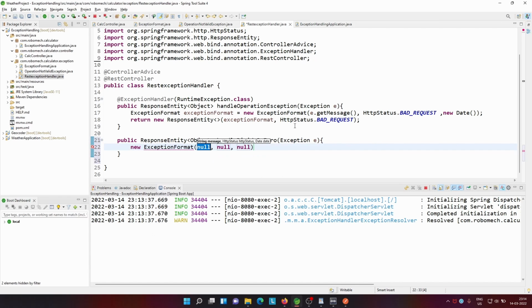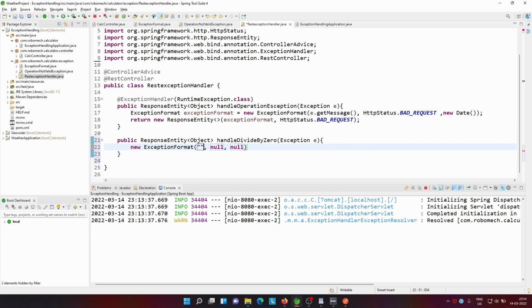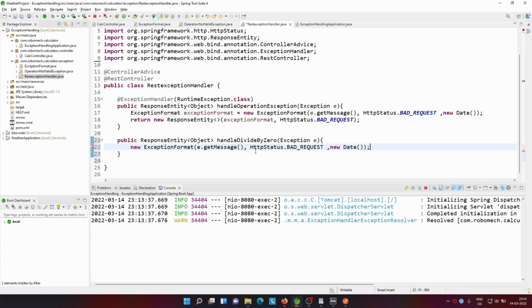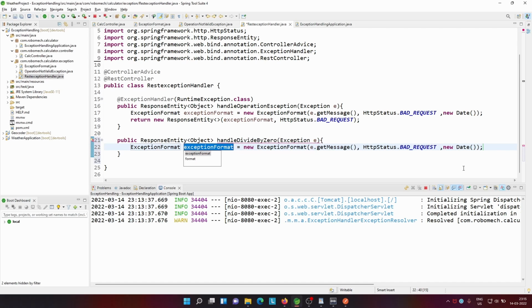Again, we want to use the same format which we built, right? It is the class which you will be using throughout the application to standardize your exception handling. So it would again be e.getMessage. Let's copy everything from here and save it to a new local variable, exception format. Return new